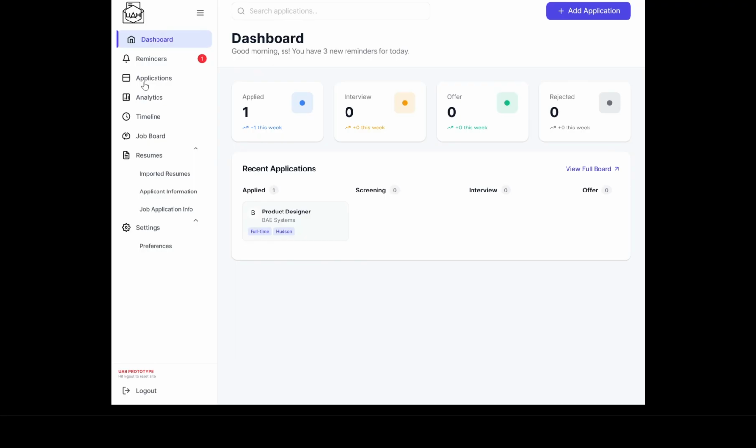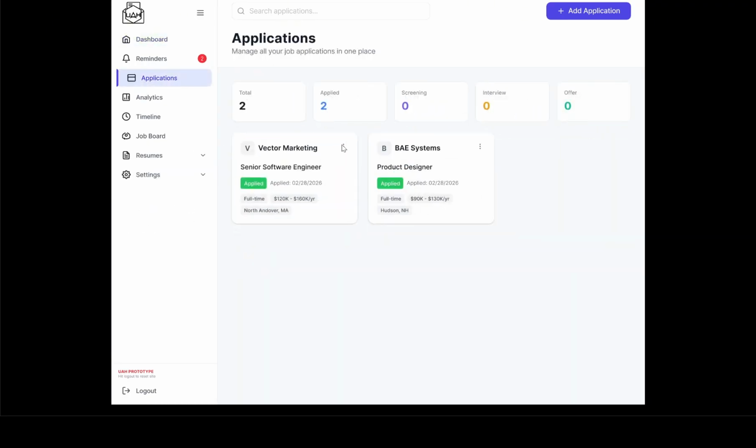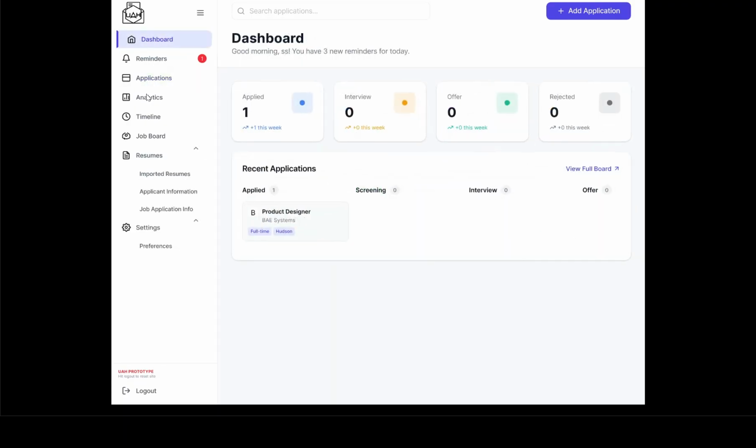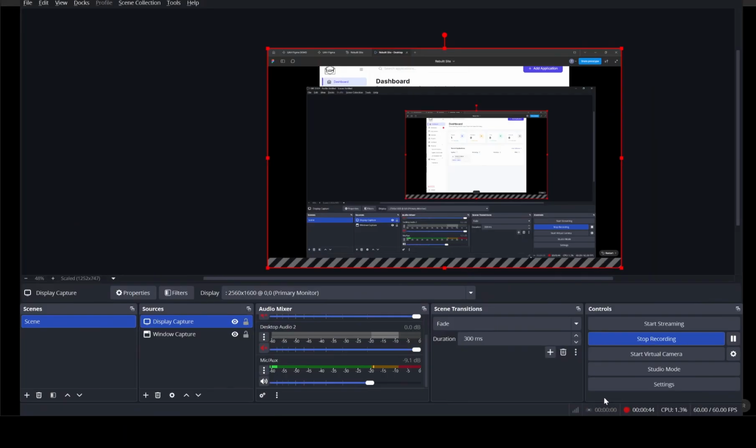By going to the applications menu, it will allow you to view any active jobs you have currently applied to, and ideally you'll be able to withdraw, view details on all your applications, and easily sort them. And then from the